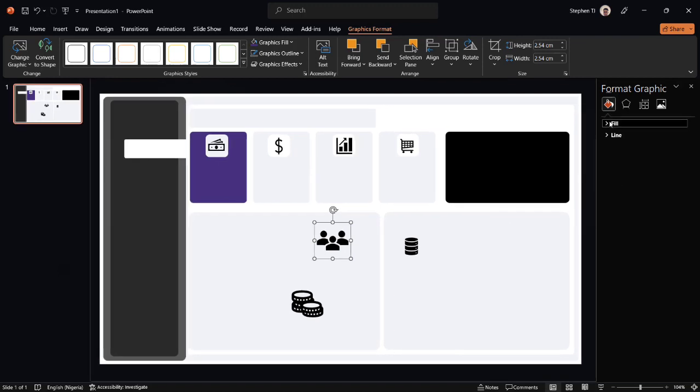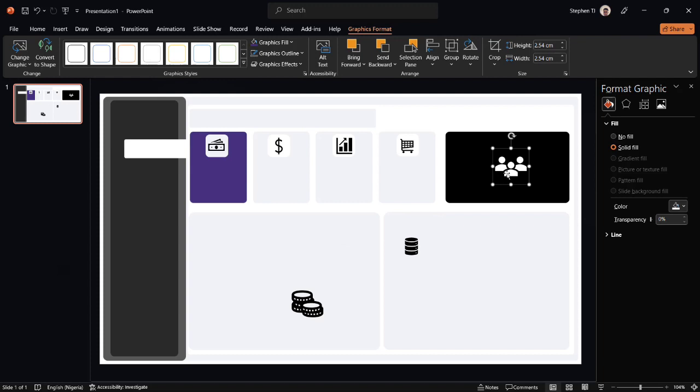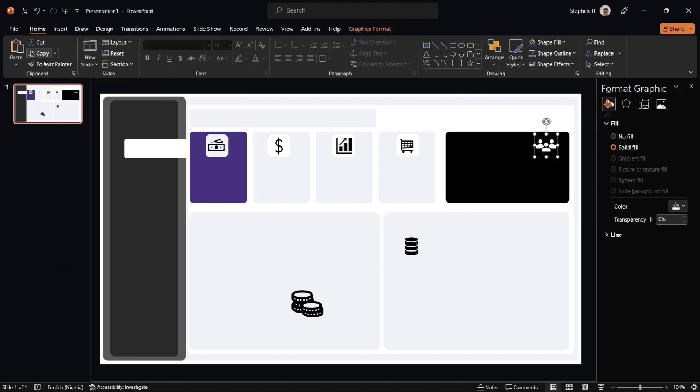Format graphic fill, I'm going to make it white because I'm beginning it here. Okay, I want to have a number of customers somewhere here, and then I want to have the number of products somewhere here. Put it somewhere here, and then